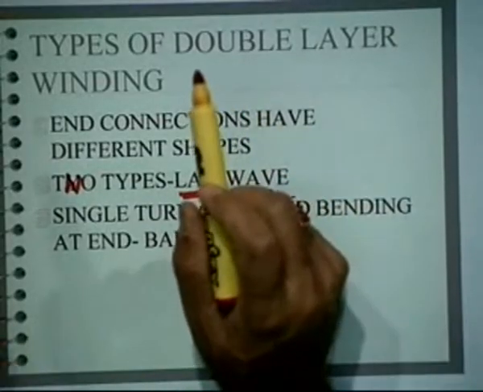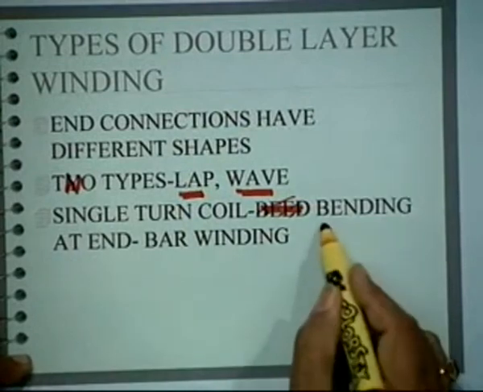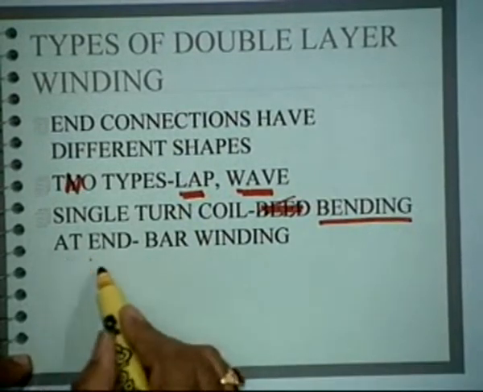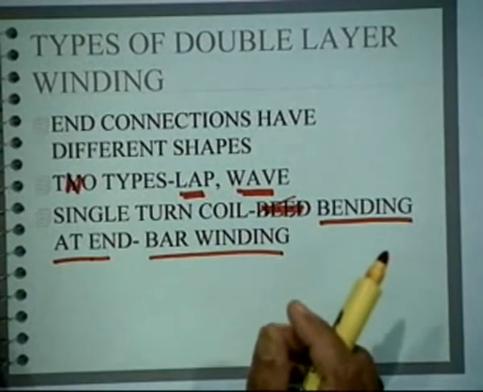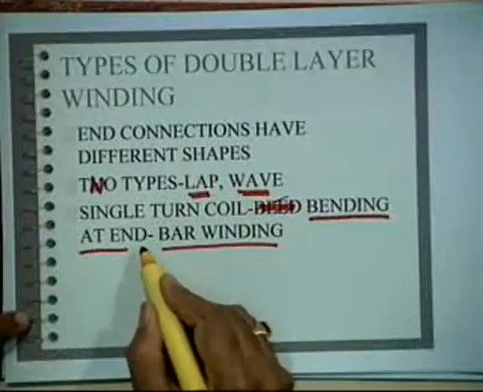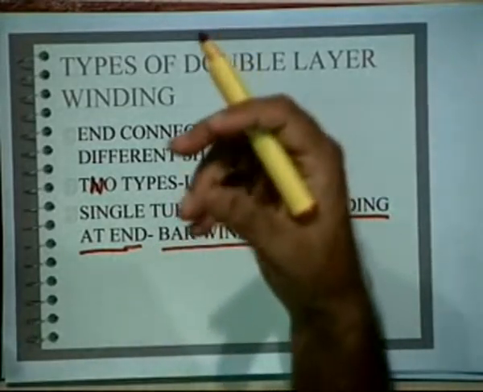Then you have the single turn coil. We have seen what a single turn coil is. For a single turn coil, you need to do proper bending at the end in a bar winding. There are only thick bar windings. So, if one side has to go on the top of a slot, and the other side has to go to the bottom of the slot, you must do appropriate bending at the end, isn't it? You have to bend it at the end, because if it is not bent, it will go to the top only, because they are thick with mechanical strength, etc. Okay.